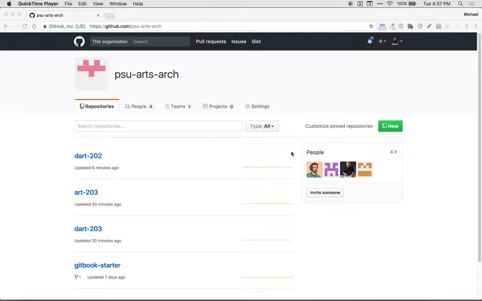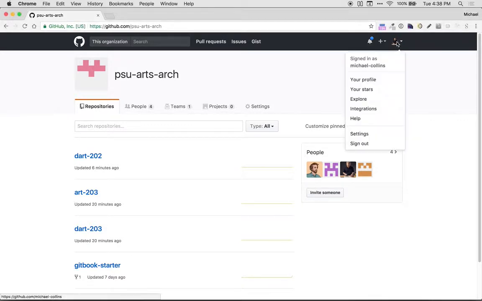Okay, I'm going to show you how to create a new Gitbook by creating a github.com repository in the PSU Arts and Architecture organization on GitHub. So to first do that, you have to navigate to github.com/PSU-arts-arch, or another way to find it would be to go to your profile by clicking on your picture in